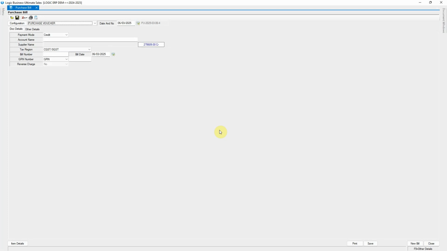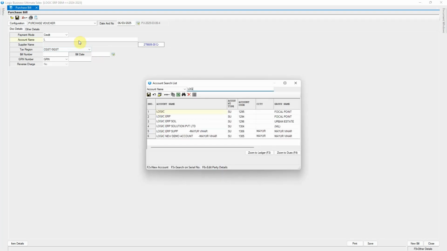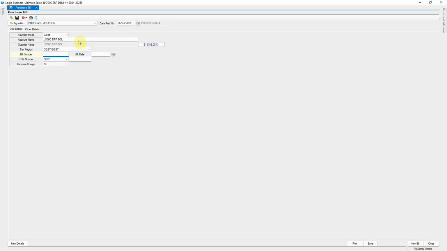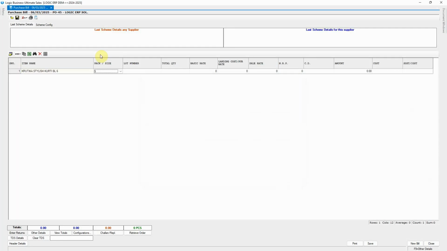Now, let's discuss this option and how it works in the purchase process. First, we will create a purchase entry without enabling this option. Suppose the basic rate of an item is entered as 500 rupees, and since this item belongs to the apparel trade, GST of 5% is applied.